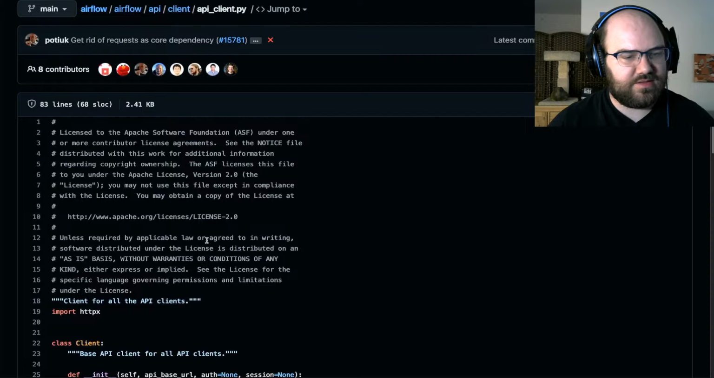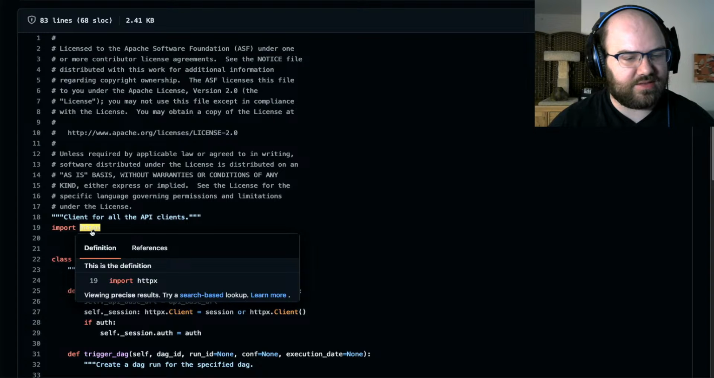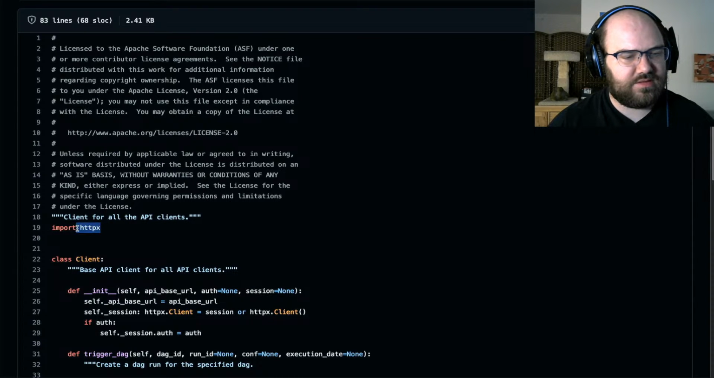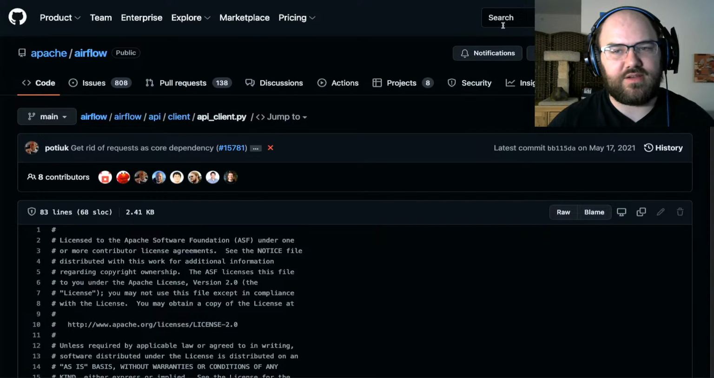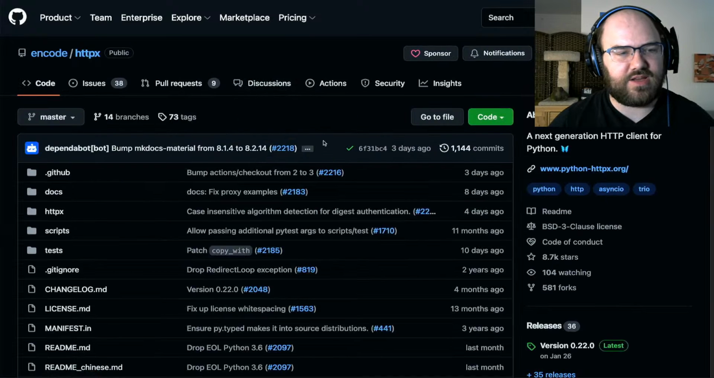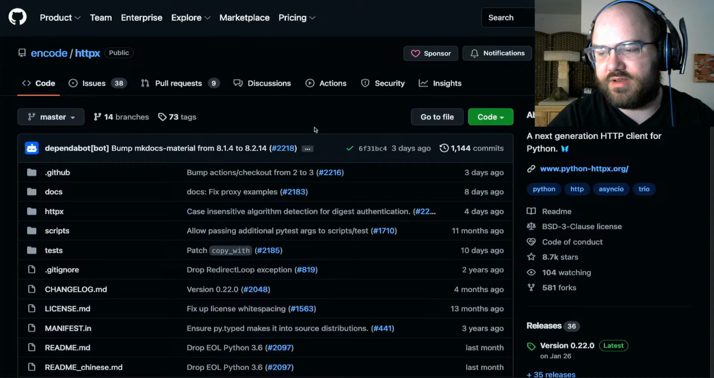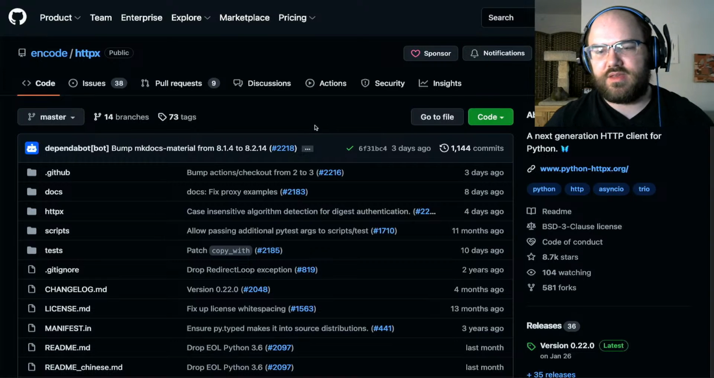Licensed as is. Import HTTPX. What is HTTPX? A next generation HTTP client for Python. Cool. I'm gonna write that down over here. What is HTTPX? I'm gonna jump back to